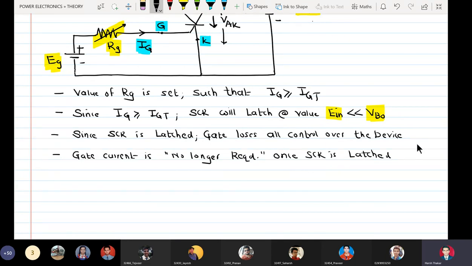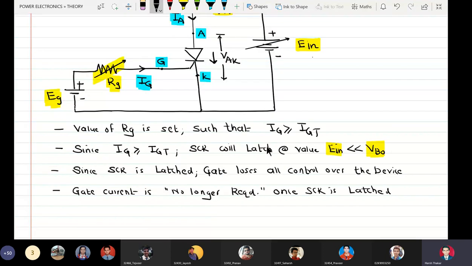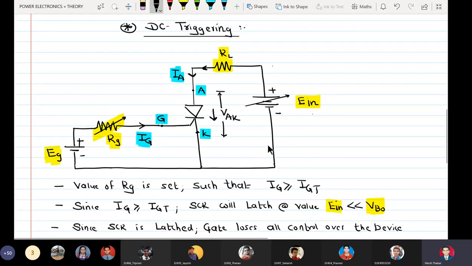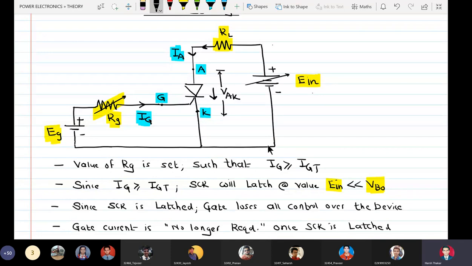Once the SCR is latched, the gate current is no longer required, because the only purpose of applying a gate current with a value greater than the gate threshold current is to latch the SCR at values of battery potential E in much lesser than 600 volts.